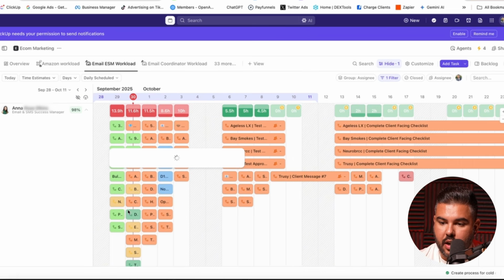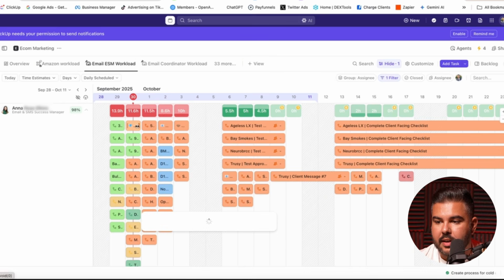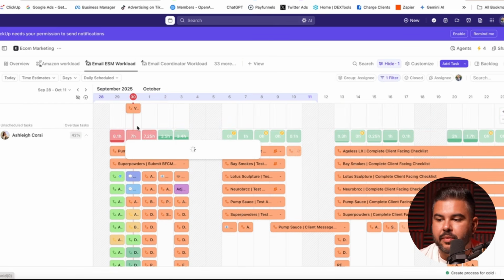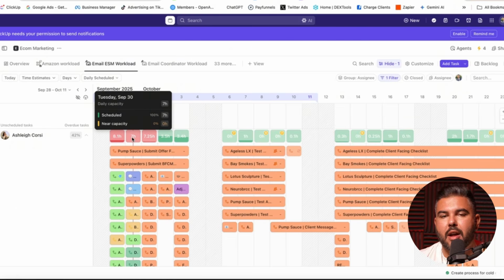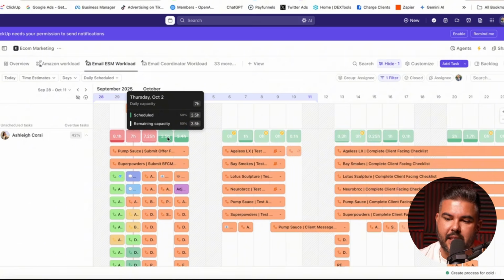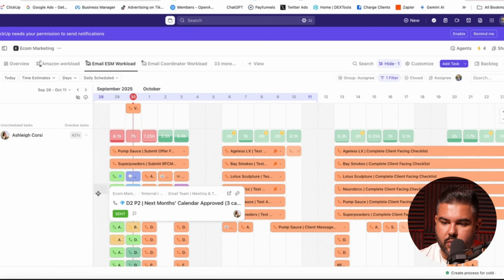You can see the green ones are done. The orange ones are in progress. And so I don't need to sit here and figure out how many hours each person is doing. I've assigned a rough amount of hours per task, right? I know a short email is this much, a long email is this much, etc. And then they assign themselves the tasks here, and then you can see which ones were finished, which ones were